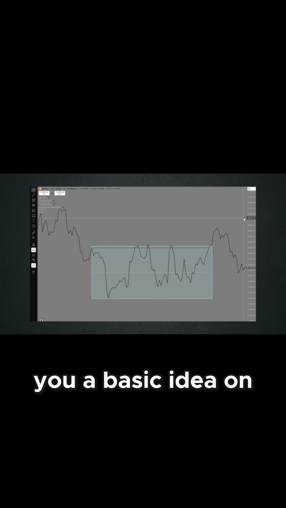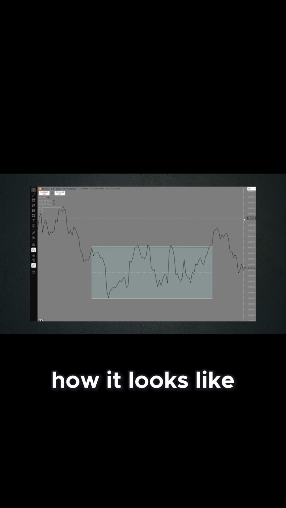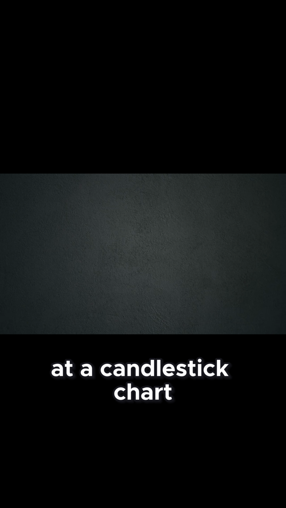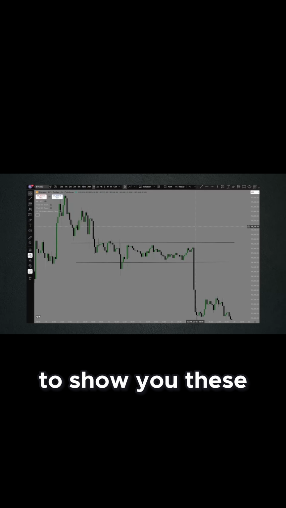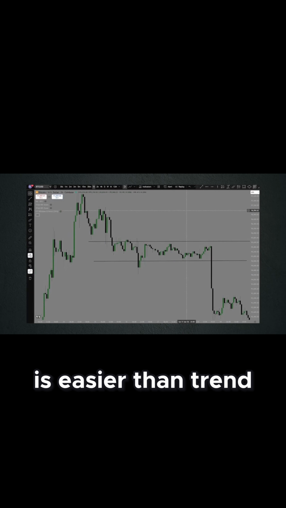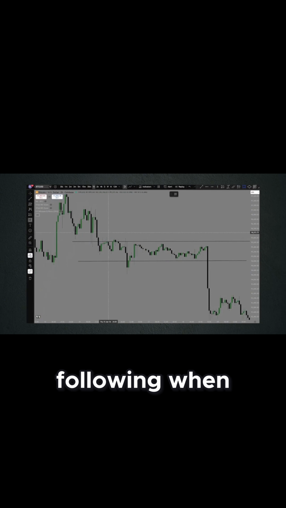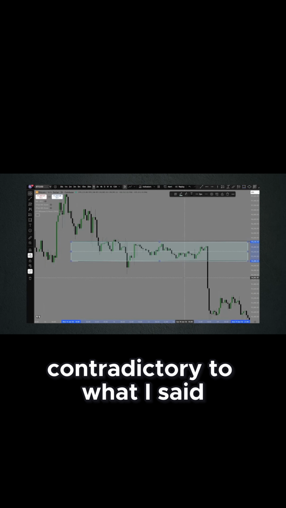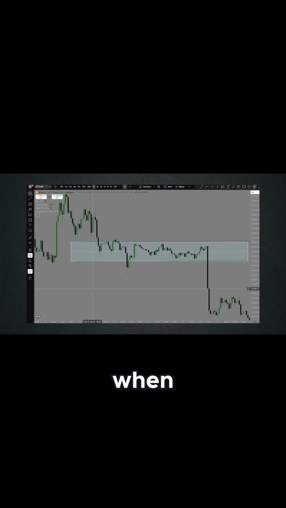But just to give you a basic idea of how it looks on the charts. Again, let's look at a candlestick chart on a lower time frame to show you that these happen on all the time frames. Mean reversion in a way is easier than trend following when you know what you're doing. I know that might be contradictory to what I said earlier on, but when you know what you're doing in this,